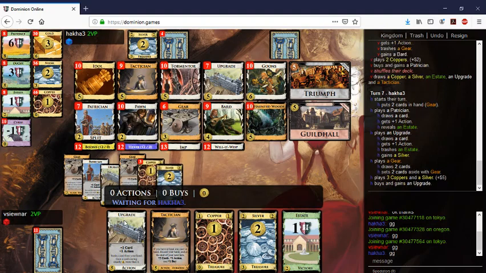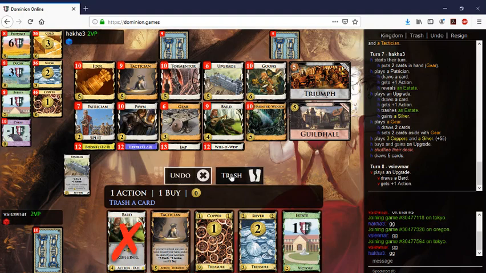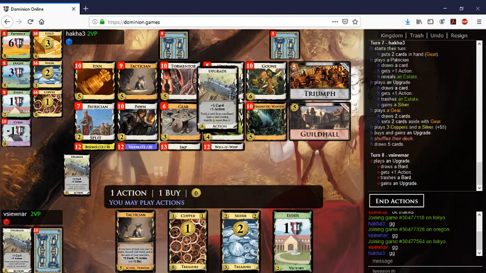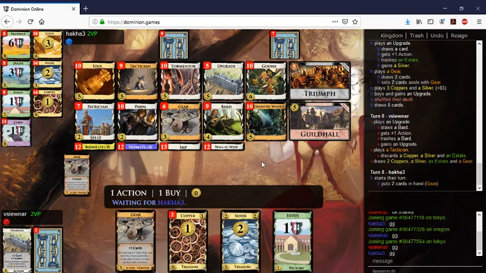This patrician didn't draw, which is good. Gets the second upgrade now, so that's a bit late. I could even trash this. Ha ha ha. Let's trash the bard, actually. We'll get one more upgrade, because we can upgrade on one of those upgrades into our goons, while thinning very